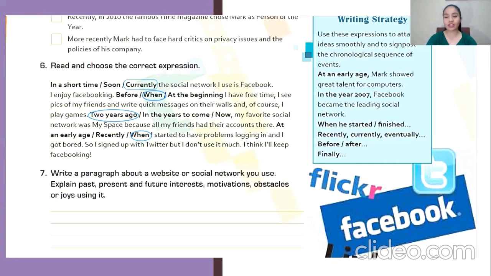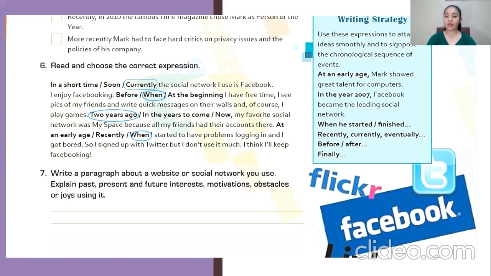This is the main activity of this lesson. So please read activity number 7. Write a paragraph about a website or social network you use. Explain past, present, and future interests, motivations, obstacles, or joys using it. Here we're going to start to write our own paragraph.